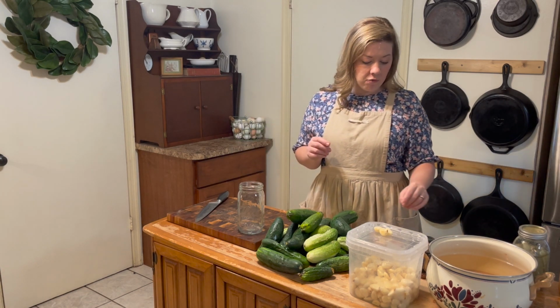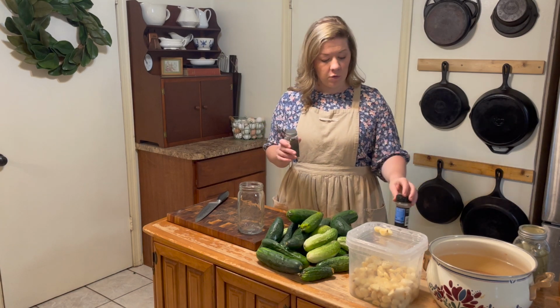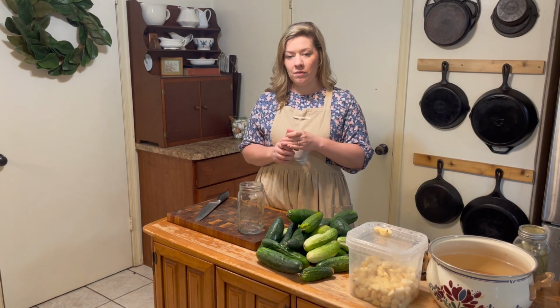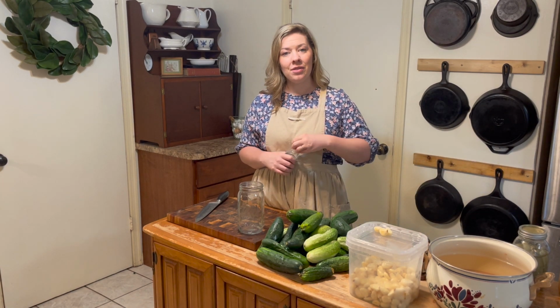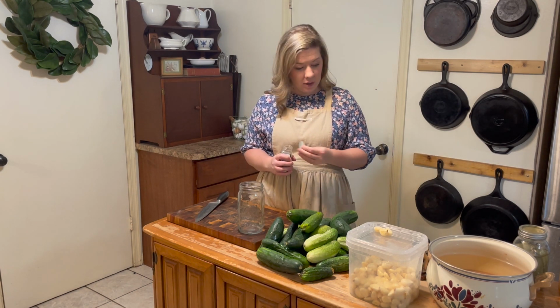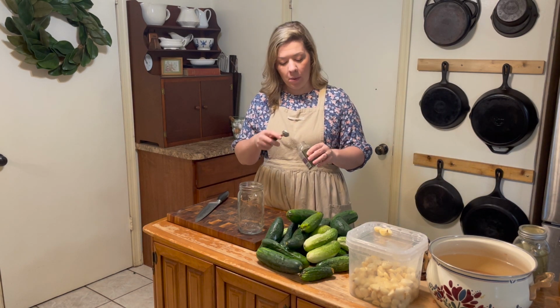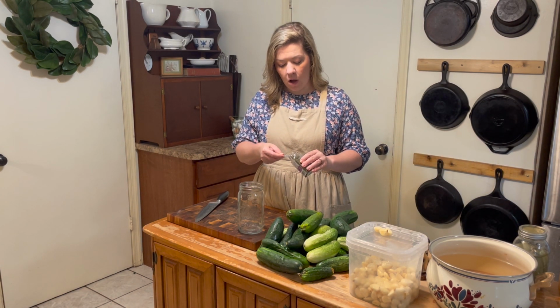So to start off with, you are going to put a few things in the bottom of your quart size jar. You need a teaspoon of dill. Now if you have fresh dill, that would probably be best and amazing. I do not at the moment, so I just have some of this dill from good old Walmart. And we're going to do a teaspoon of dill on the bottom